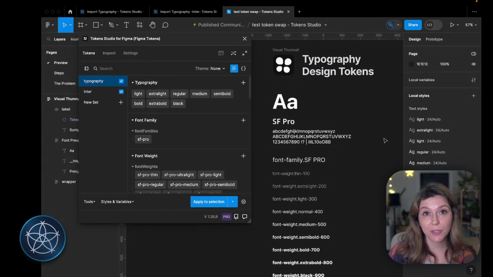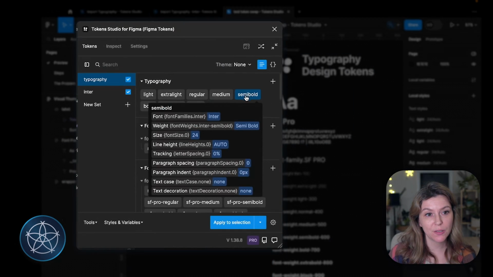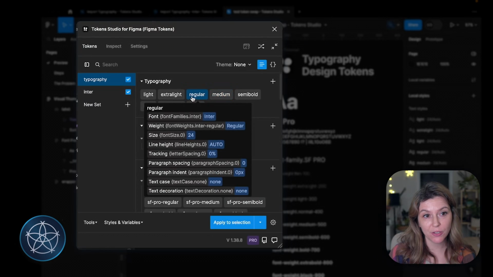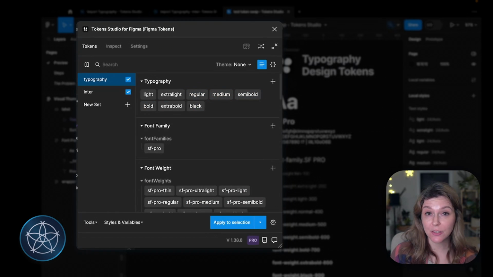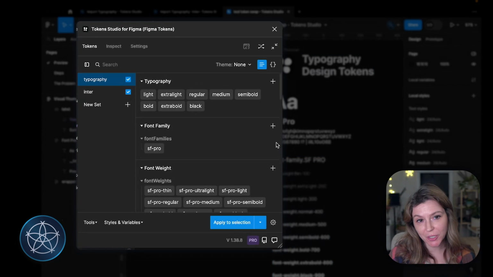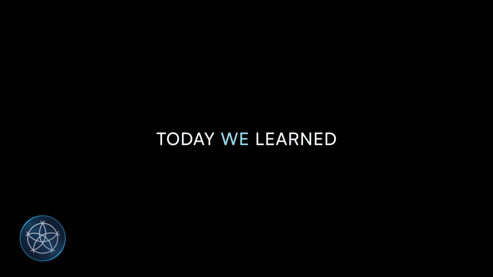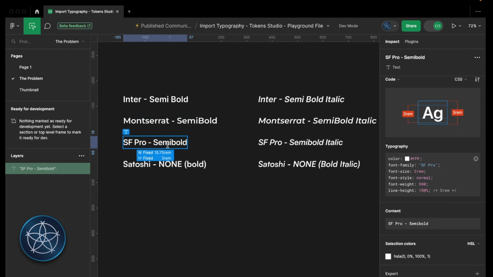So once I've remapped the tokens with the new font family and the font weight, these text styles are ready to be synced to your project, exported, duplicated, whatever it is you need to do with your regular Token Studio workflow. So to recap, we learned a little bit about Figma's unique way of approaching text properties and why the